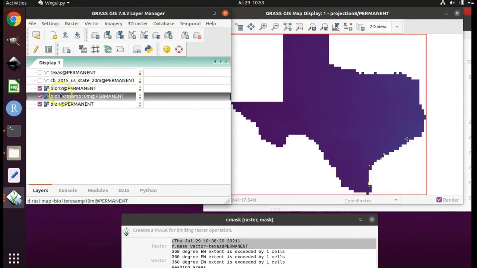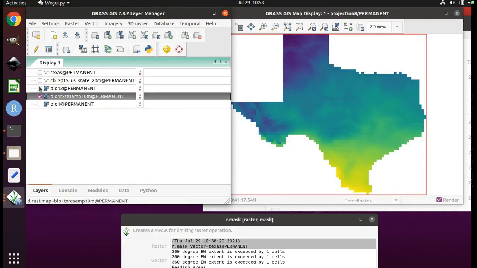And here's our new layer, and you can see it still has the checkbox. I'm going to uncheck the other layers so we can just see the layer that we've created. You undoubtedly notice that the colors have changed. This is because this layer is only the state of Texas. So GRASS has changed the color ramp that it used to display the raster data. Whereas before, the color ramp for the entire world for Bio 1,